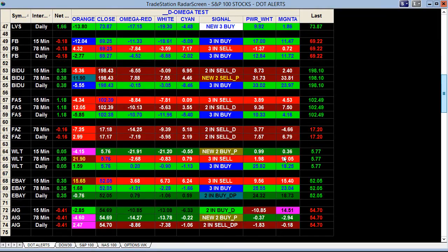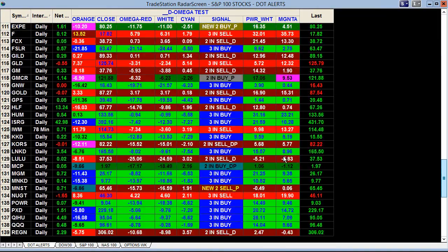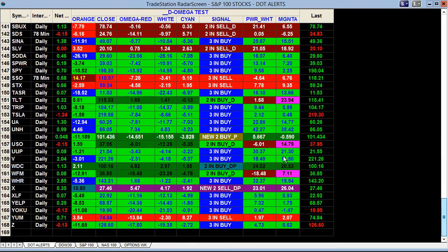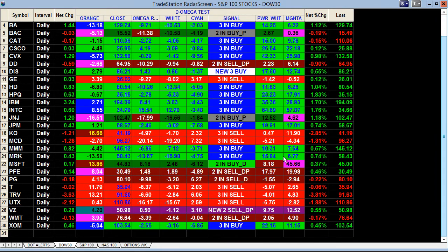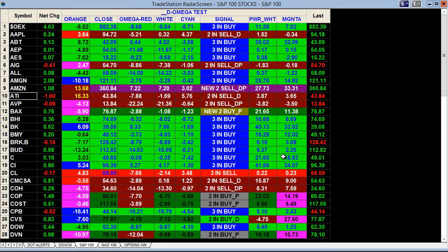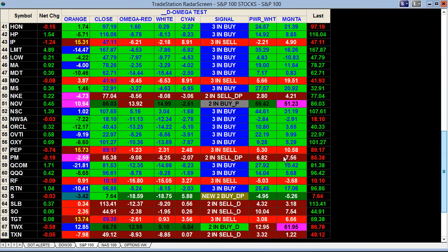Let's take a look at the radar screens, and now we start to see a little bit more of an overwhelming of buy signals in the green. That's always problematic going forward when it becomes too imbalanced, and that's that euphoria phase. So again, we'll be looking for the steel to make its turnaround, and when it does, we know that that's the opportunity to take advantage of